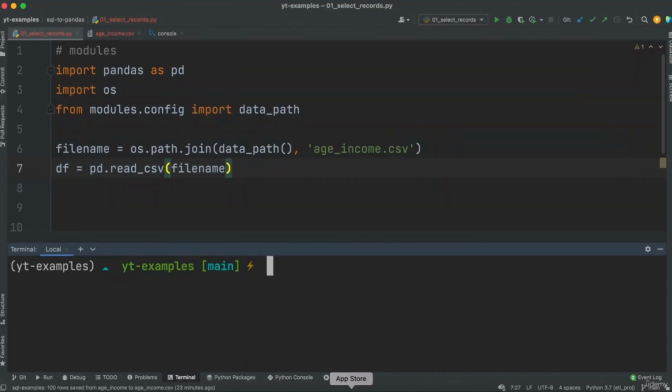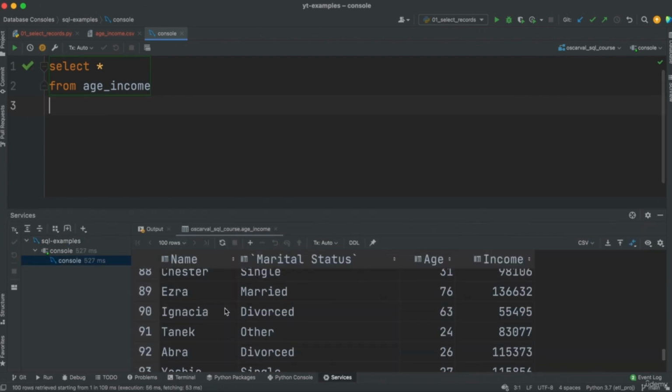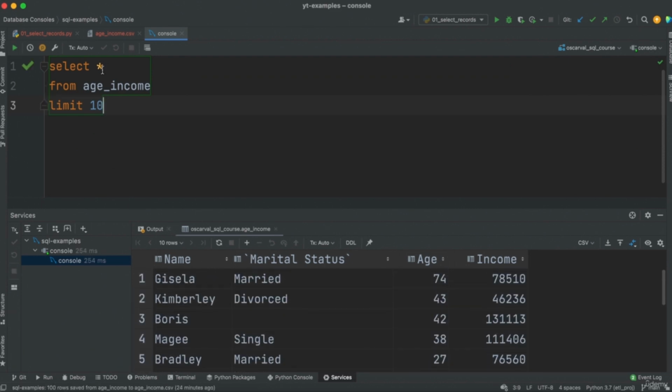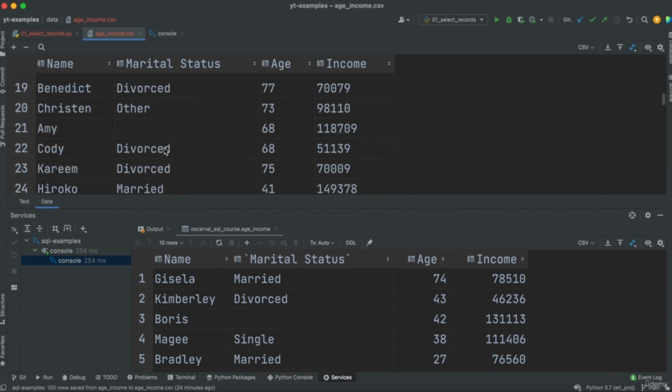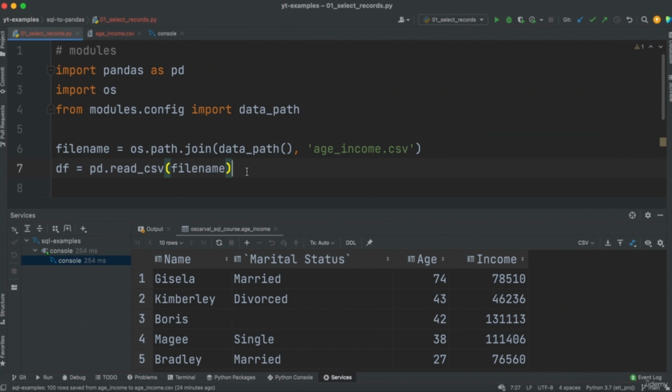Hello and welcome. Today we're going to compare SQL select limit function with pandas and see what the counterpart is. So if I go to my database, I'll have this table called age income. In this table, I have 100 records, and I want to just limit it to the first 10 records. So if I want to do that, I simply type limit. If I want to be able to do the same thing in pandas, assuming I have the same data set in a CSV file or some other format, or even if I connect to my database and I want to do the same thing,